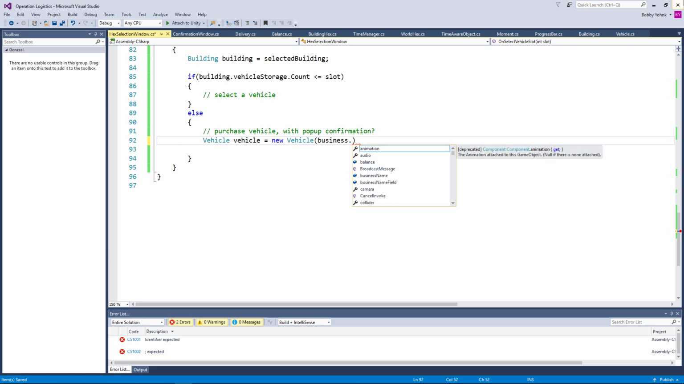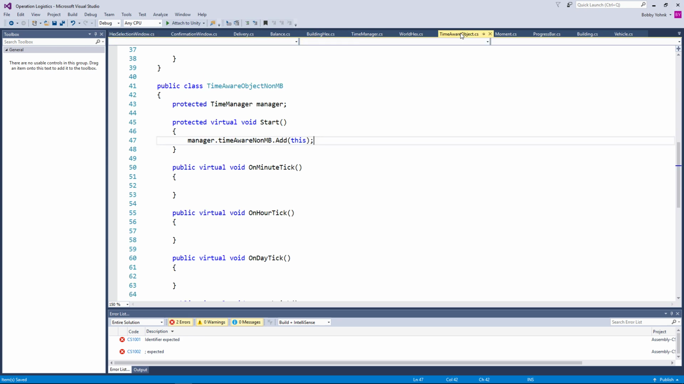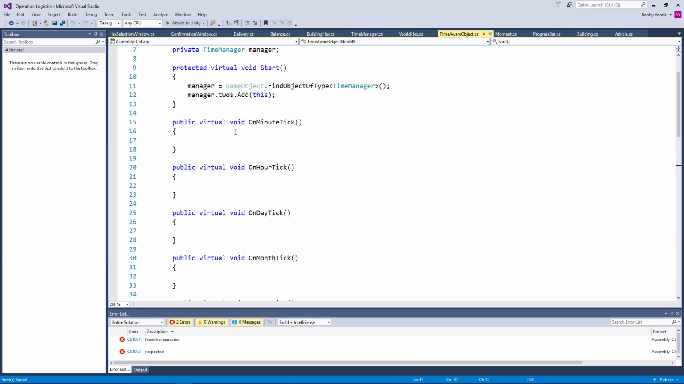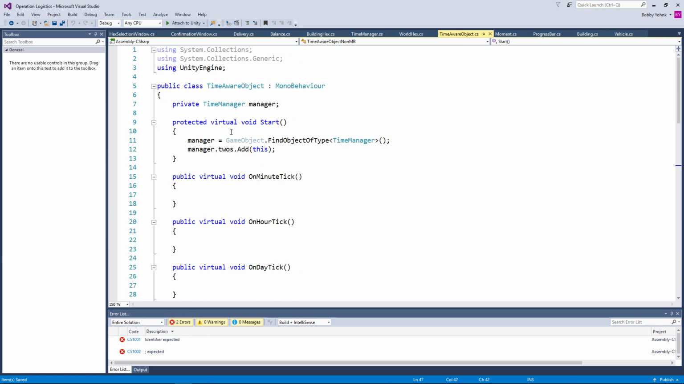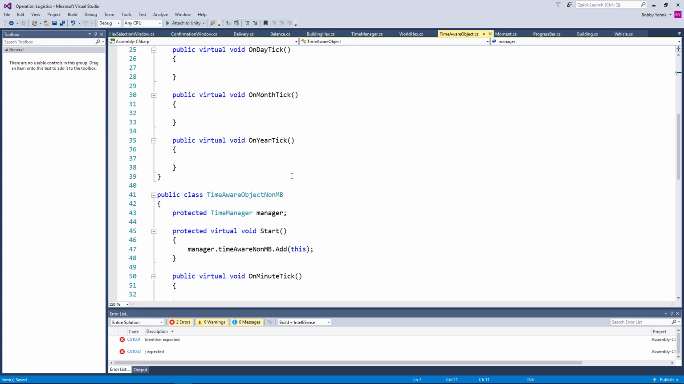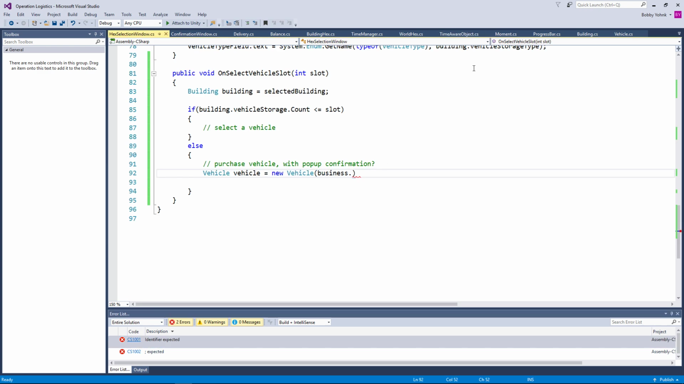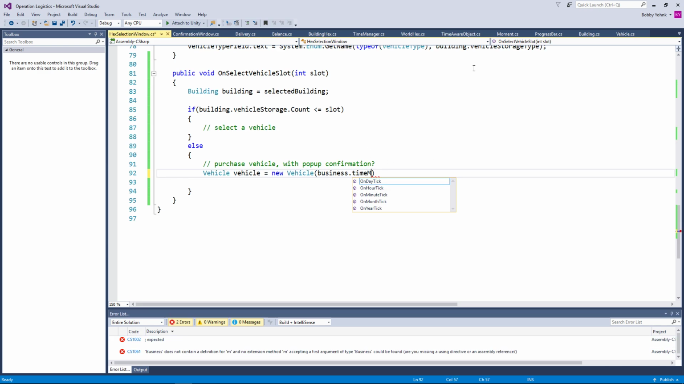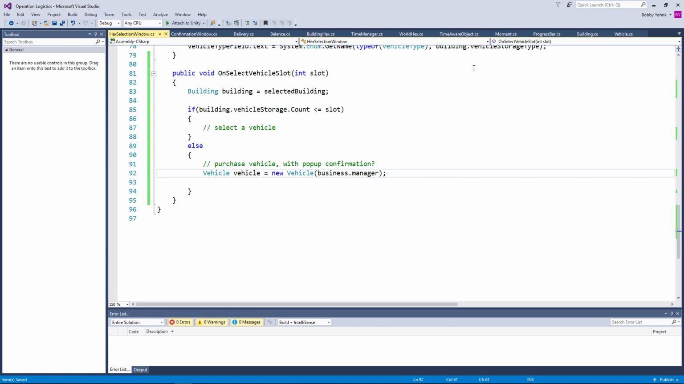Hang on. What did I call it? It should be there in business. It's a time aware object, so I think it's just that it's private. We'll make it public. I think there's no real reason not to. Okay, so then business.timemanager, or just business.manager. There we go. So we create ourselves a new vehicle,